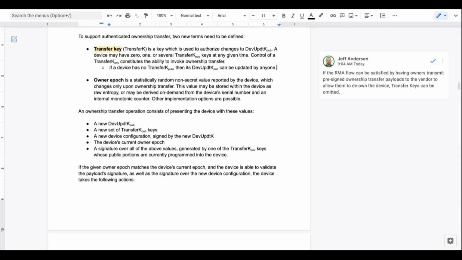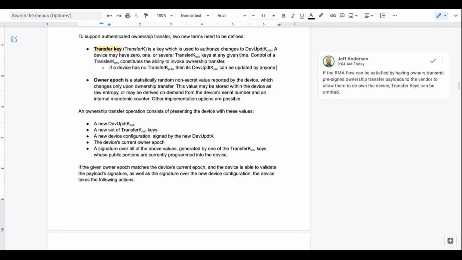Now, we could flatten this if we wanted to, again assuming we keep transfer keys, because that's an unresolved question. But if we keep transfer keys, we could flatten this anyway and say, hey, a device can actually have multiple dev update kpubs, and any one of them can be used to authenticate a device configuration.